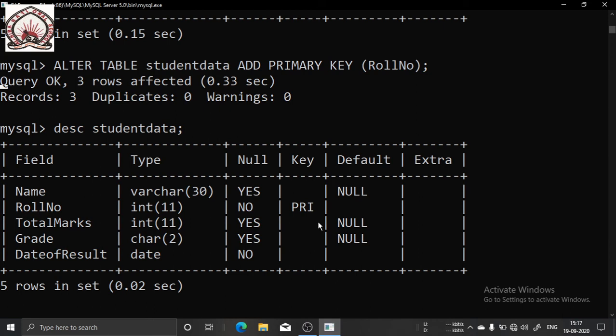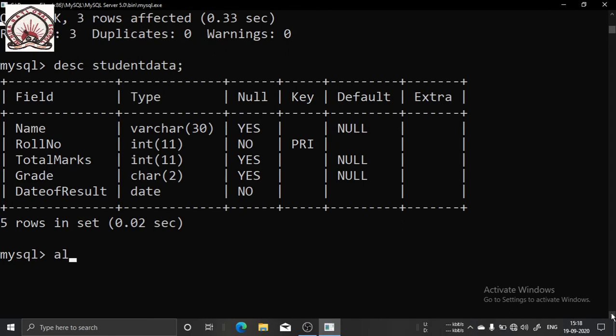Suppose you want to insert the not null constraint to grade, it will be like this: alter table student data add, and within brackets grade, because I want to add the not null constraint to grade.